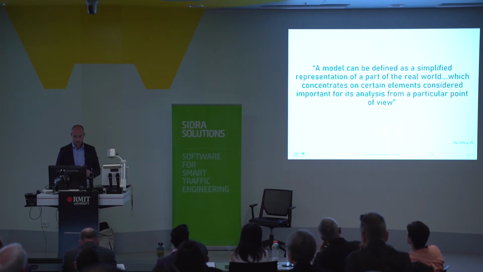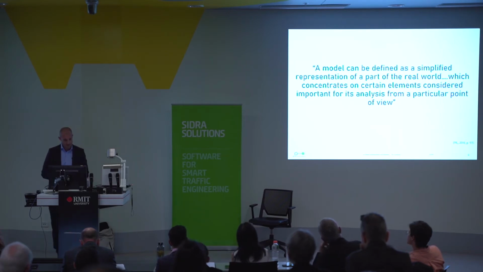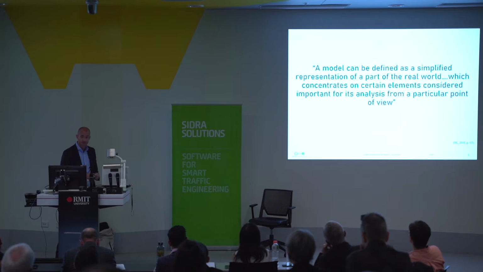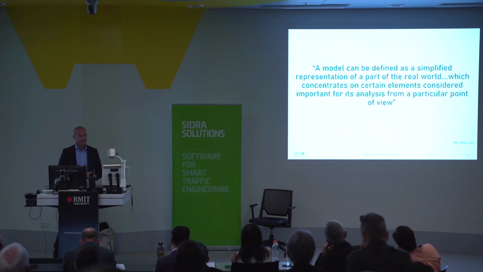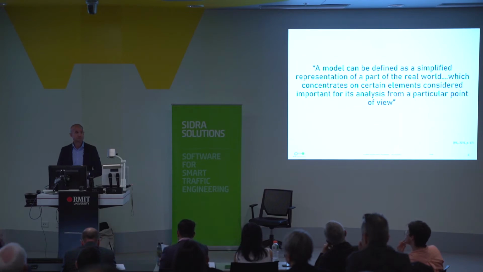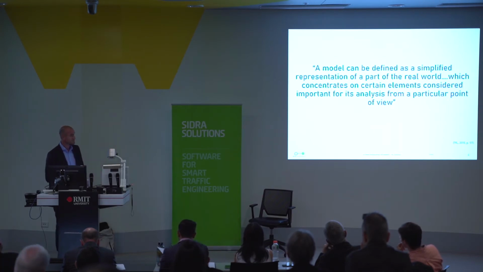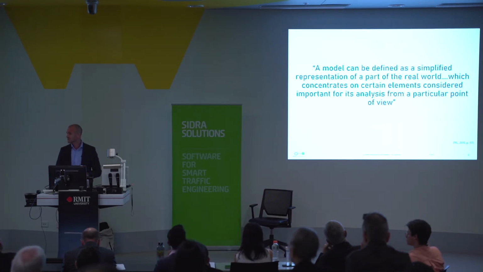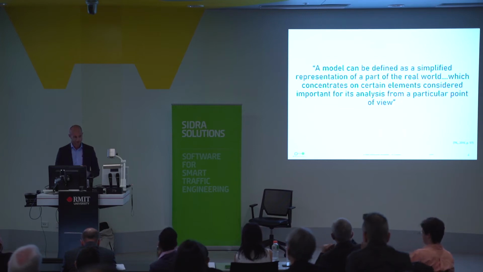So in terms of understanding the why, we've got to understand what a transport model is. This is from the Transport for London guidelines, and it's pretty clear in terms of what they think of a transport model. But it's important to note that regardless of what the transport model is and what it's used for, it's always going to be wrong. And the question is how wrong that model is. And it's our responsibility as practitioners and modellers to understand that and then to articulate that. And I think Rami also mentioned that in his presentation.